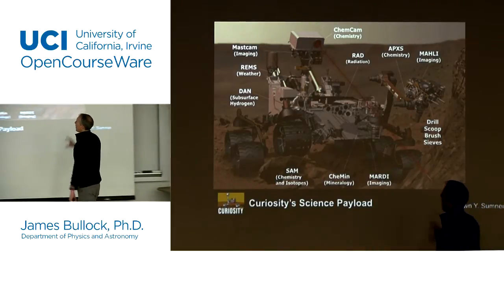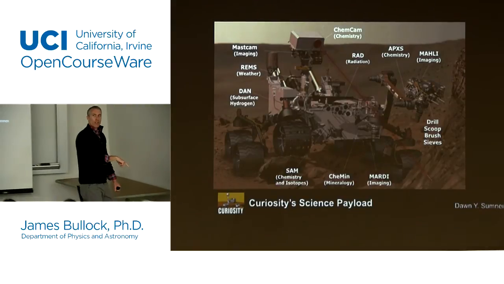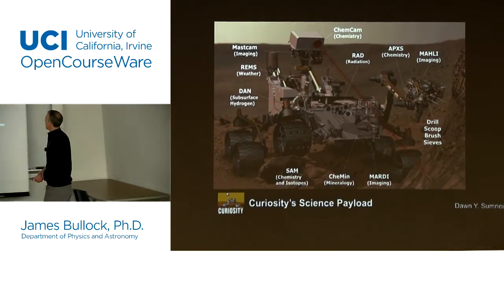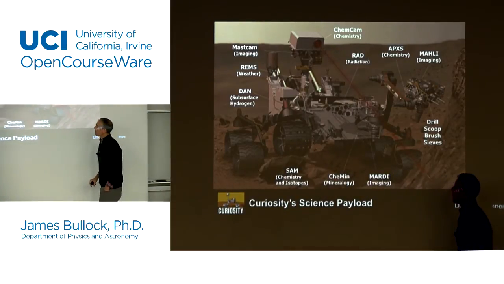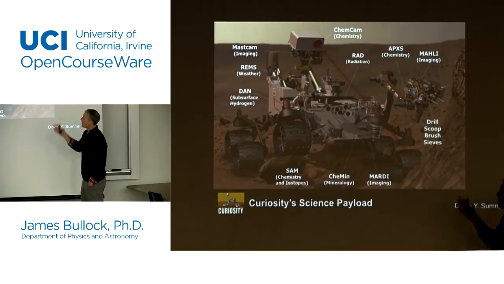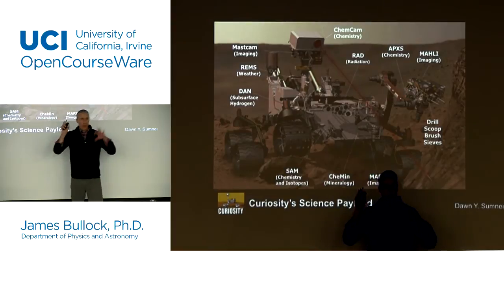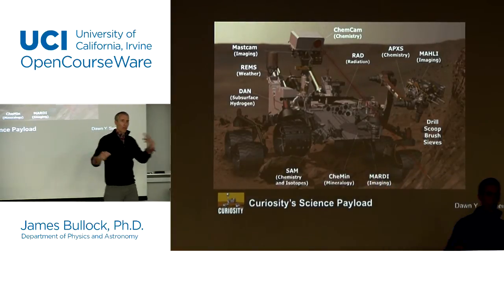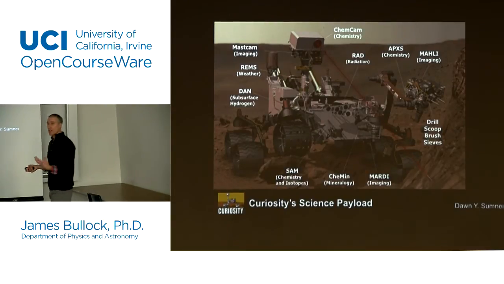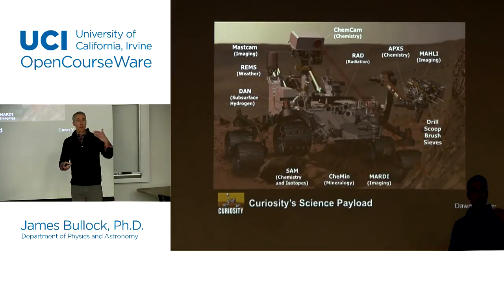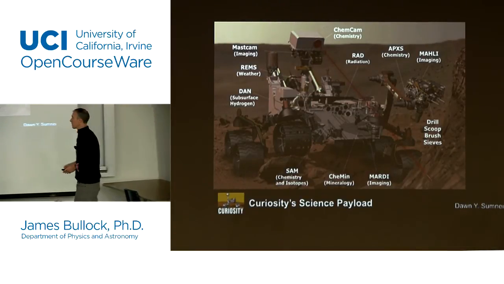So it's got all kinds of different scientific instruments all over it. It's got a laser beam that it can shoot at rocks, and a drill scoop here. It's got a weather instrument called REMS that's reading the weather all the time. It's got all kinds of imaging instruments, and it does some chemistry with a little experiment. So it's got all these different experiments strapped all over it. They go around, scoop up some dirt, and do experiments with it. This is the first rover of its kind, where not only can it take pictures, but it can actually do little chemistry experiments with the stuff it picks up.